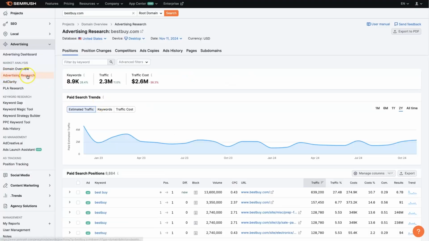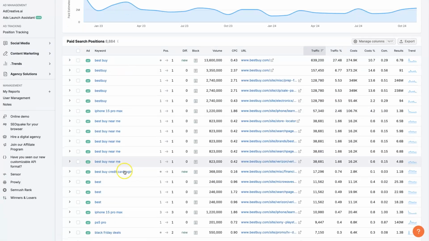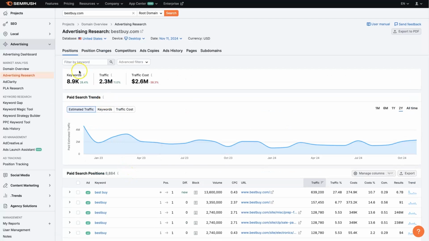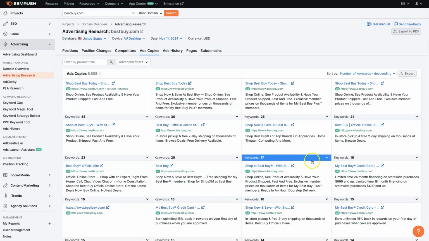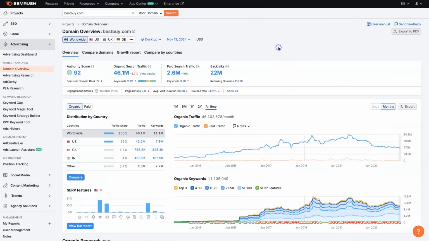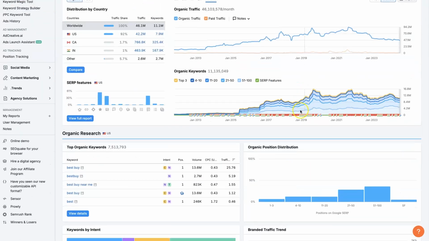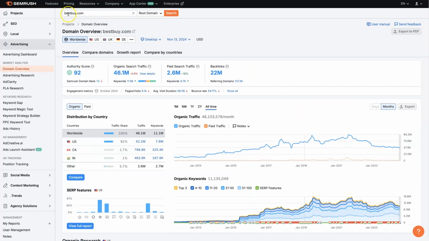So this actually takes us to advertising research, where we can see the different keywords that they're advertising on, how many keywords they're running ads on. We can go through these and look at the ad copy that they're using. Tons of information here. I'm not necessarily going to go through every single one of these features because there's just tons, and I've made other videos on my channel that go through all this, but at this point you should get the idea. You can basically put any website into Semrush and see just about everything that's going on with